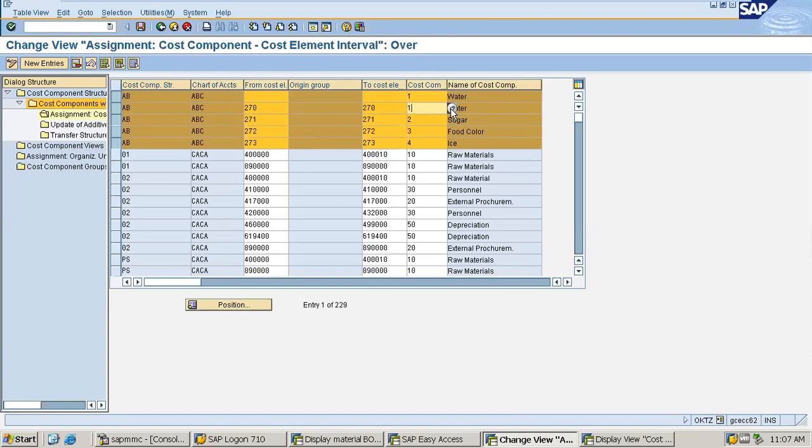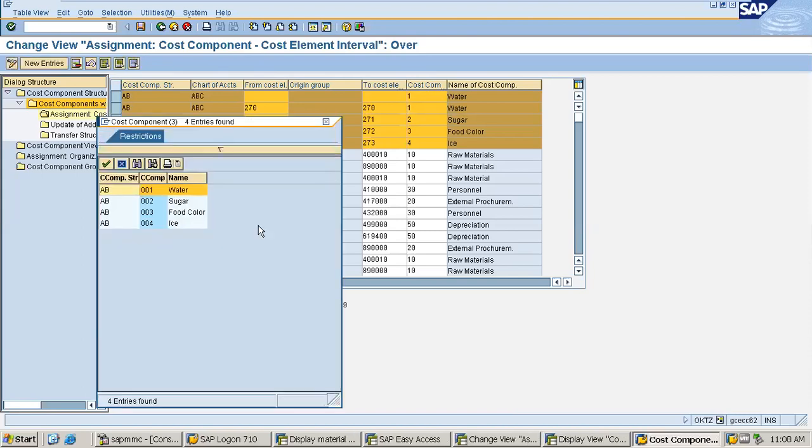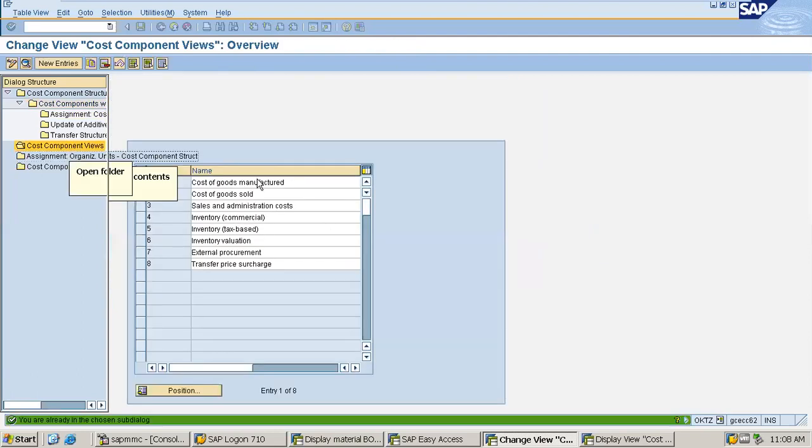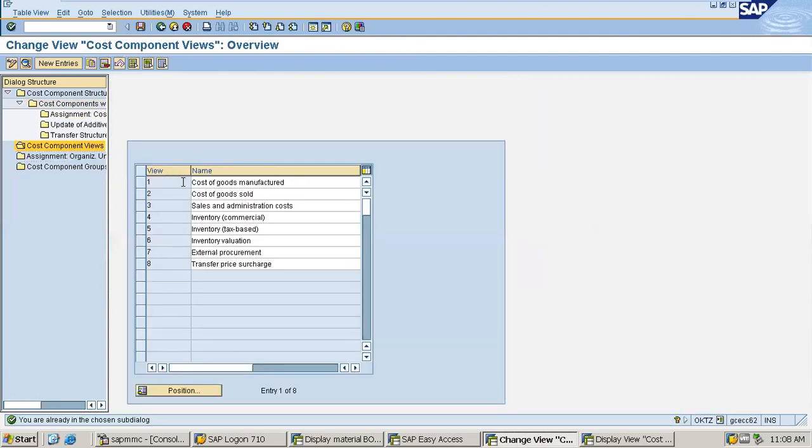Also assigned here, like cost component structure, and 001 means cost of goods manufactured. Like I have shown earlier, cost component. Let me go here as well. Yes, this one. See, one means cost of goods manufactured. So that is what I am going into here.